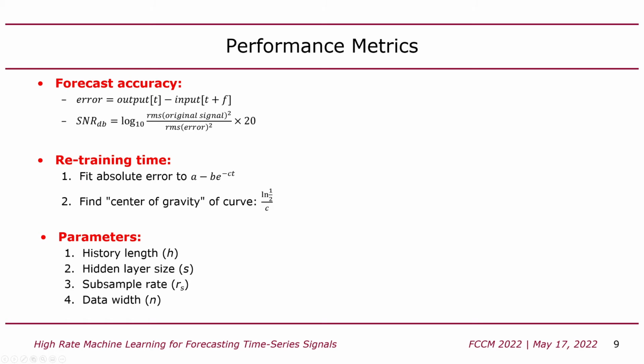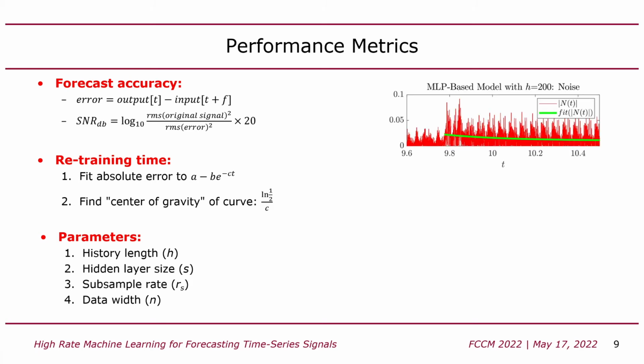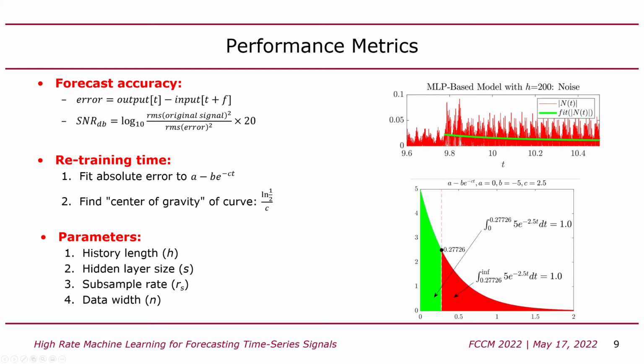The second metric is retraining time, which is the amount of time needed for the network to achieve half of its steady state accuracy after a non-stationarity occurs. To compute this, we first fit the absolute error versus time to an exponential curve, a minus b times e to the negative c times t, and then we find the center of gravity of the area under this curve, which is log of 1/2 over c. In this example, you can see that we've split the area under the curve into 2 equal halves, colored green and red, which occurs at t equals